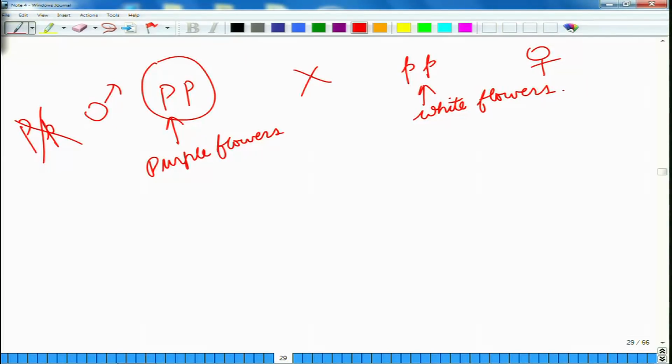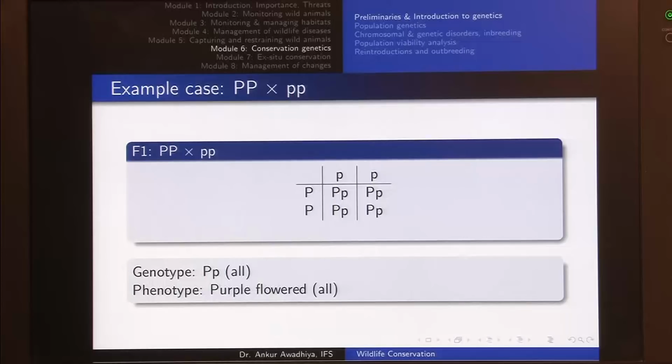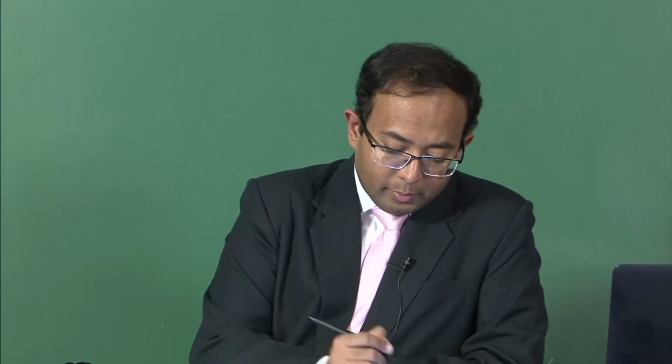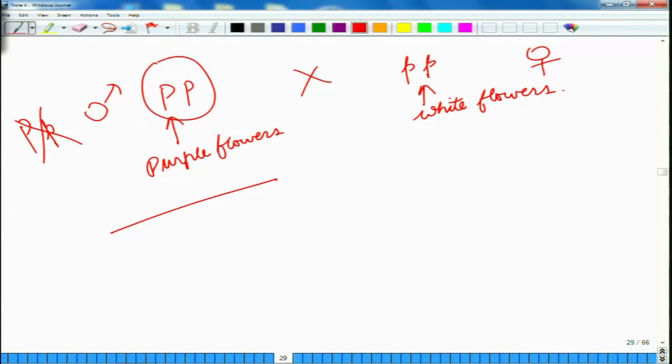Now in the case of a pea plant, it is having both the male organs and the female organs together, but for the case of this example, let us say that we have different plants, one is a male plant and one is a female plant. So in the case of the male plant, the sperms will be having capital P and capital P, because two of the sperms will be having this capital P and the two of the sperms will be having this capital P.